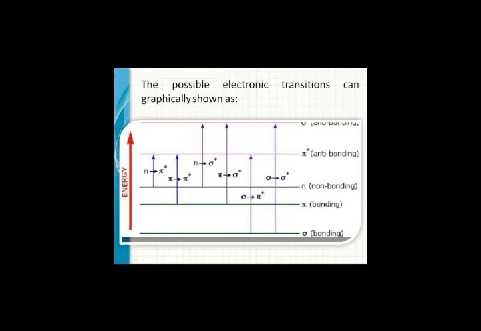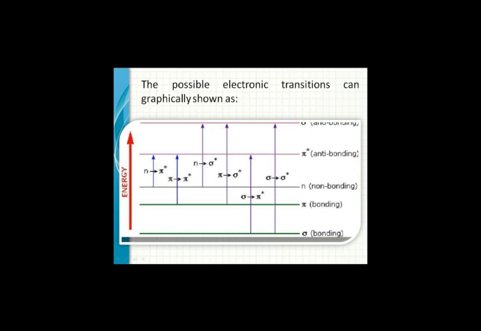We can represent graphically that the sigma bonding electron in the excited state goes to the sigma star anti-bonding orbital, and the pi bonding electron goes to the pi star anti-bonding orbital,